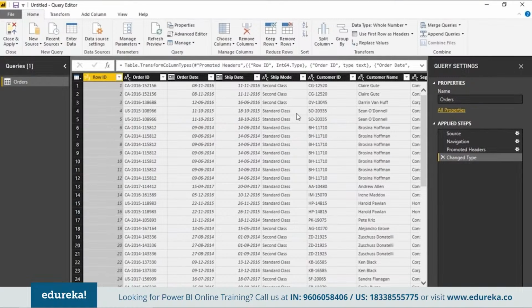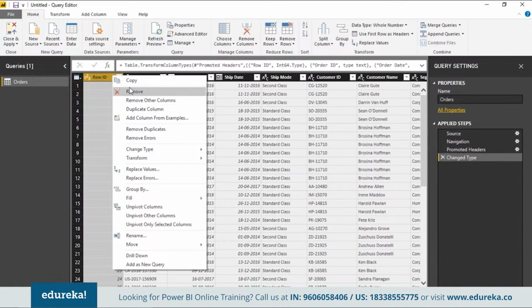you're looking at the orders table and you don't want to look at all this data, so you were removing some columns. Let's say here you're going to go and remove all these columns. You don't need all these columns, so you want to remove the ship date. So you don't care about ship date, you don't care about customer ID.